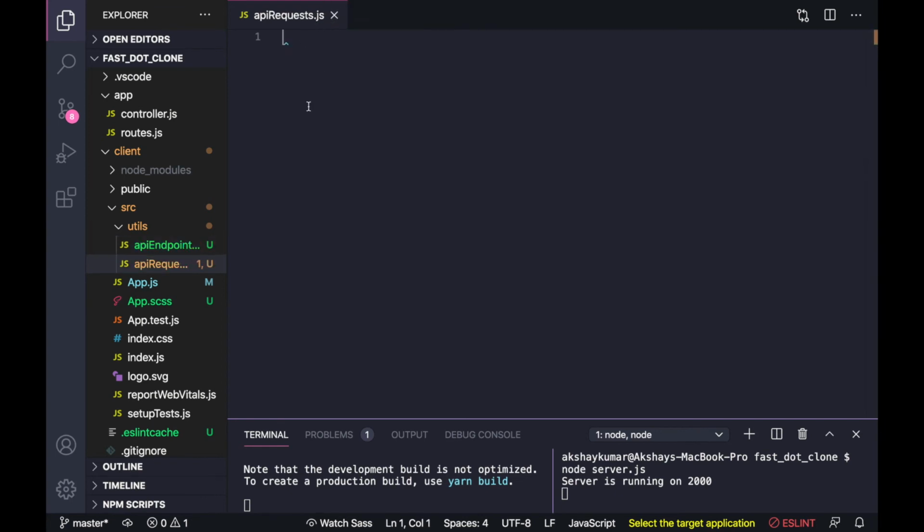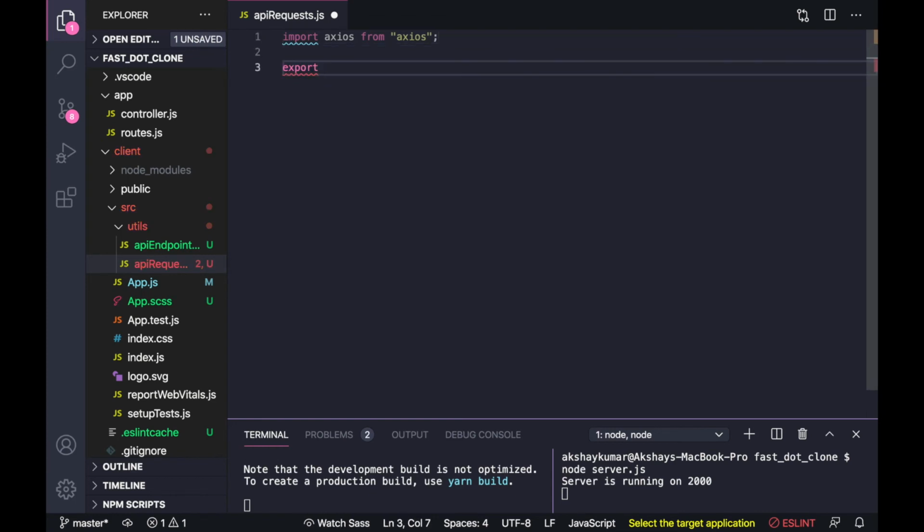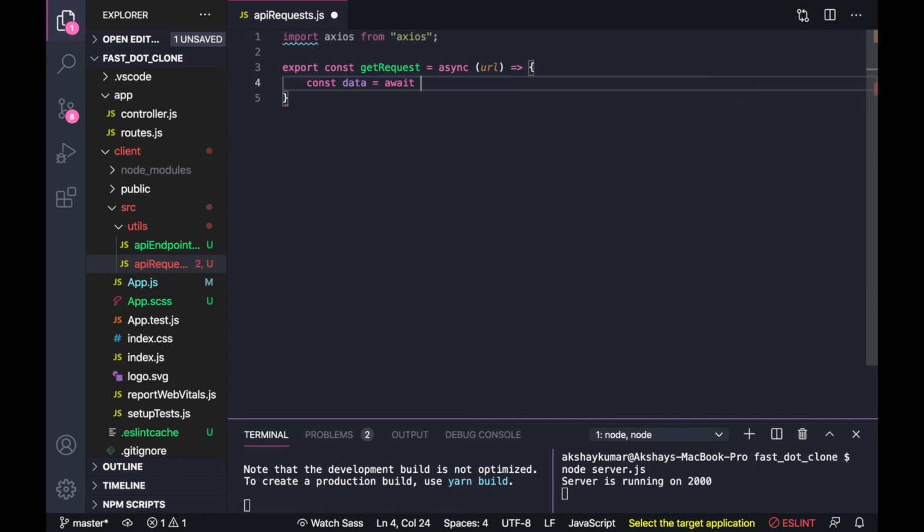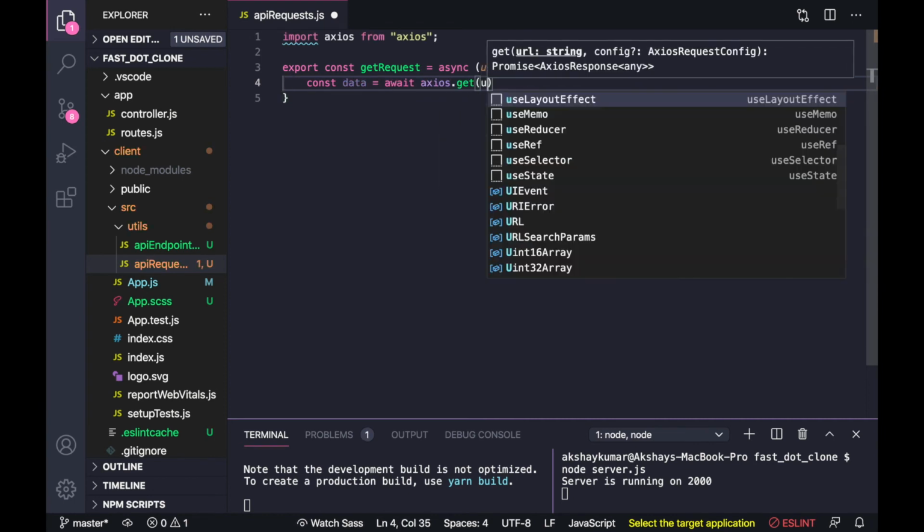Now inside API request we will import Axios. Now we will write our get request. Here we will get URL as a parameter. Then we will write const data equal to await axios.get. Inside this we will pass URL.